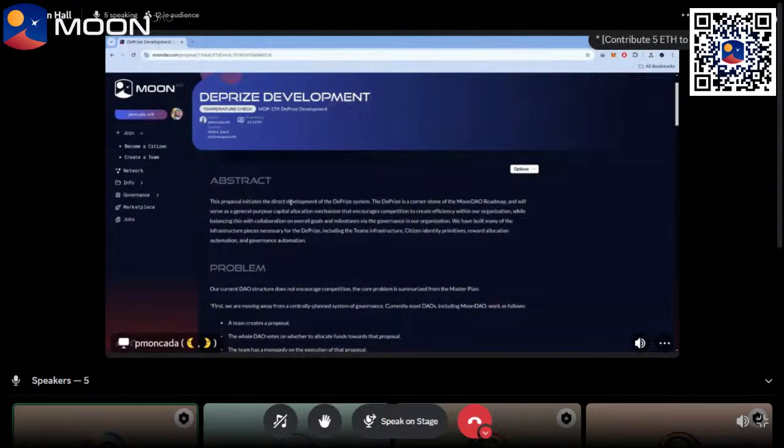So we've built an identity primitive with the citizens NFT. We've built a collaboration primitive with the teams system. We've built a capital allocation primitive with the retroactive rewards, and also governance with Nance. All of these are components that will be required to fully integrate the Deprize into MoonDAO, and also our friends at Juicebox have been building a component that we'll be using for financing,